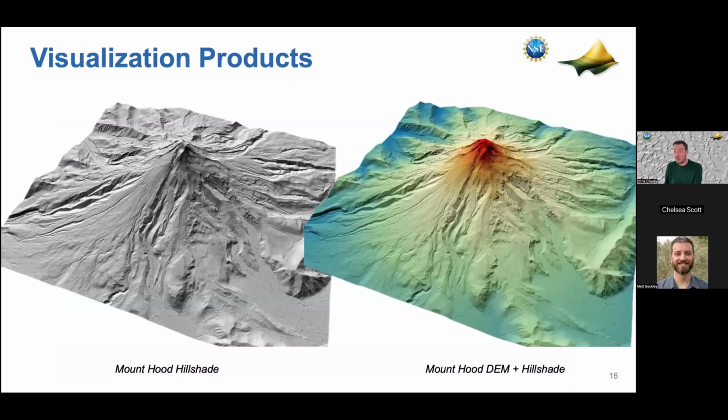Visualization, these are raster-based visualizations, so hillshades, polarized hillshades, slopes. These are very common geospatial tools that people who work in ArcGIS or whatever make all the time when they're pulling a digital elevation model, and we just do it for you. So if you don't want to have to bother running your Arc toolbox to produce these things, you can just select them as an option in OpenTopo, and you'll get them back as part of the process.